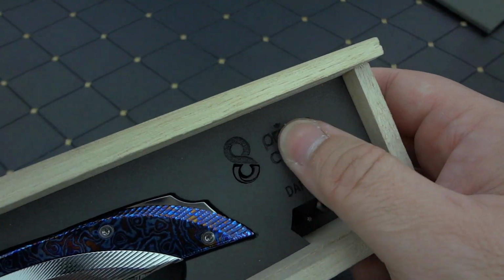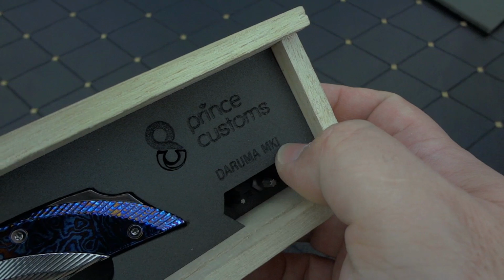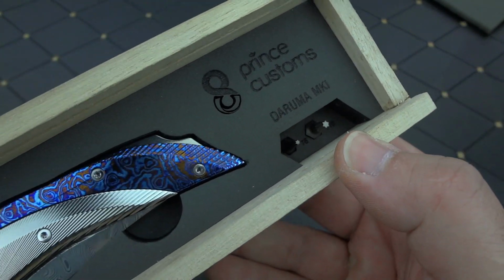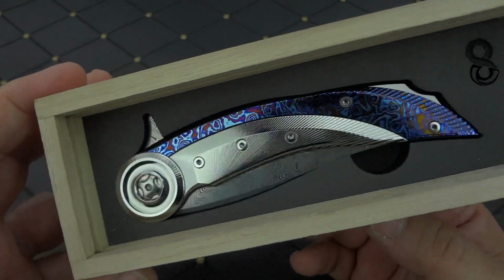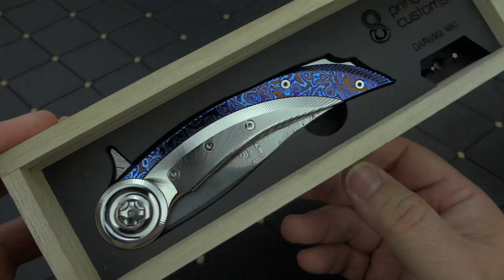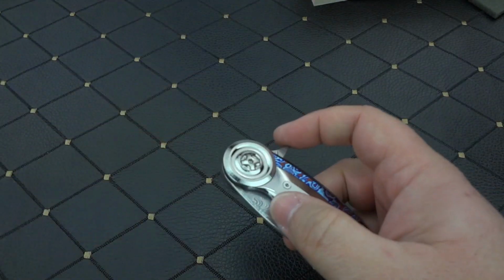You'll see here the foam insert that has been CO2 laser cut, done in-house. And this is marked that it's the Daruma Mark I. There are a set of drivers in there for if you ever feel the need to take this knife apart. If you do, you should be smacked upside the head, because you, nor I, are qualified to be futzing around with such a beautiful piece. Now, let's go ahead and get that out of the fancy packaging. It is placed in there very well. And let's get this